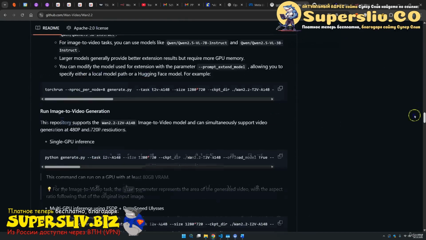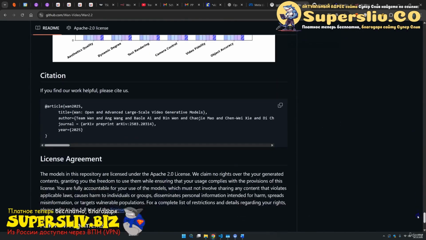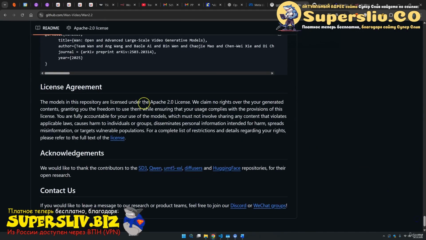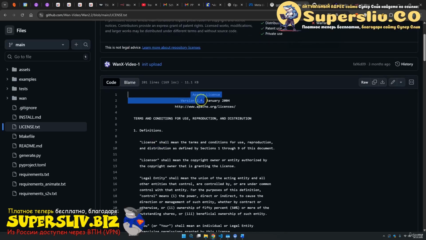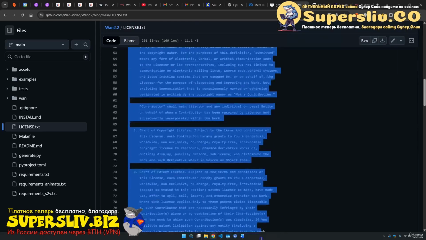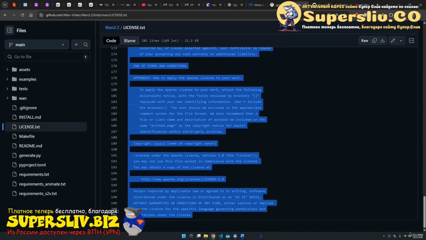And most of the time, if you scroll down to the end of the page, you will also find a lot of stuff about the license. Here's the license agreement. We use an Apache 2.0 license. And if you want to read this license, it's always linked somewhere. You can simply press on it, and then there's the entire license. And if you don't want to read it yourself, just like I told you, you can copy the entire license,